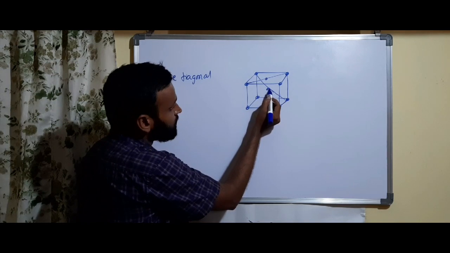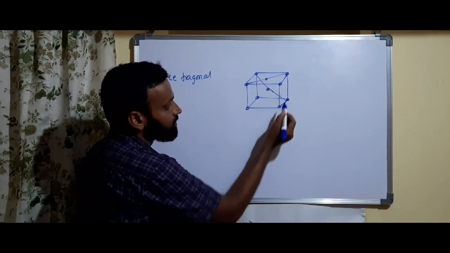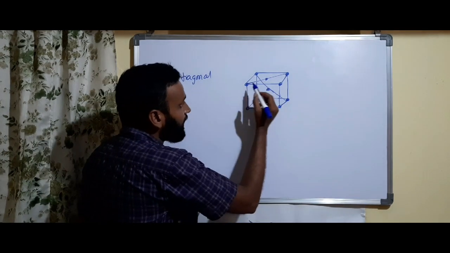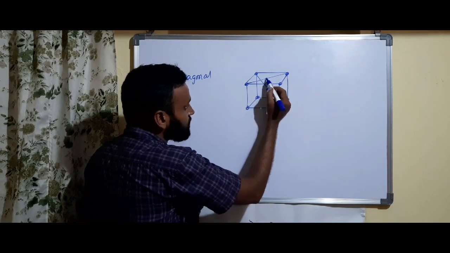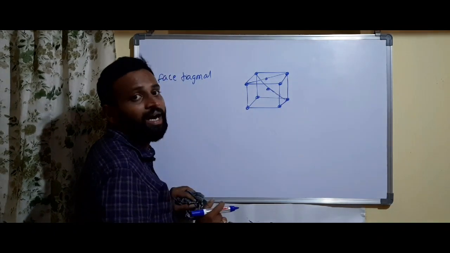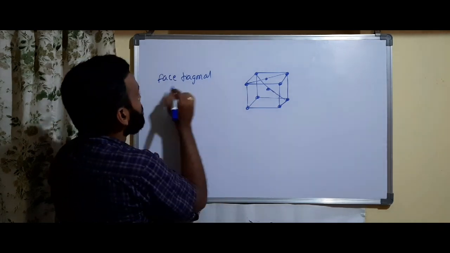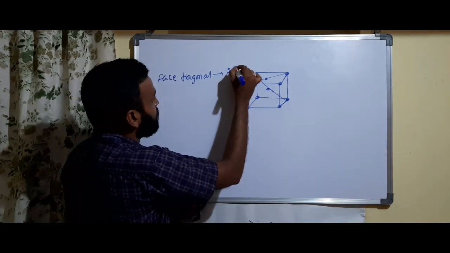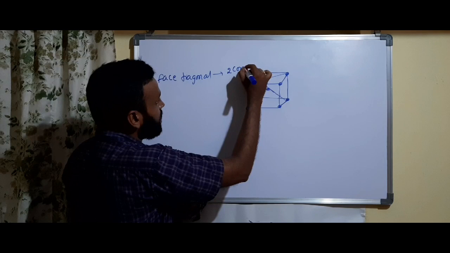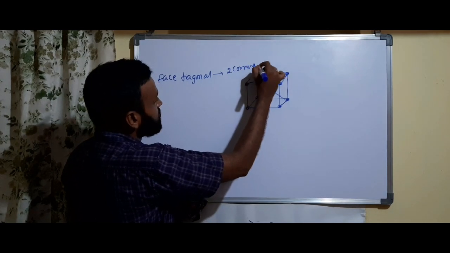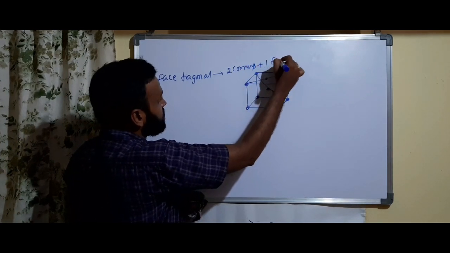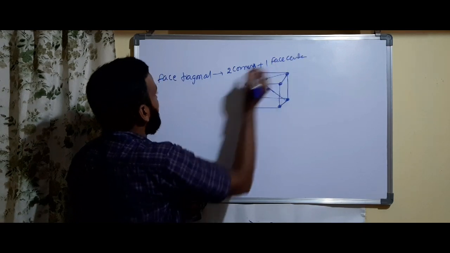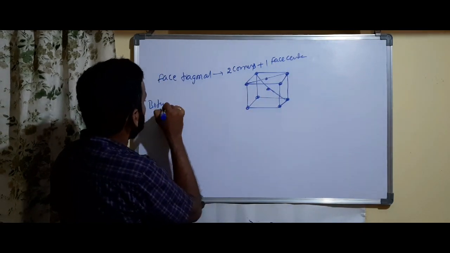Body diagonal means the body center atom and 2 corners we have to remove. Face diagonal means 2 corner atoms and 1 face center atom we have to remove. Why am I telling this? Face diagonal connects 2 corners plus 1 face center atom, and body diagonal means